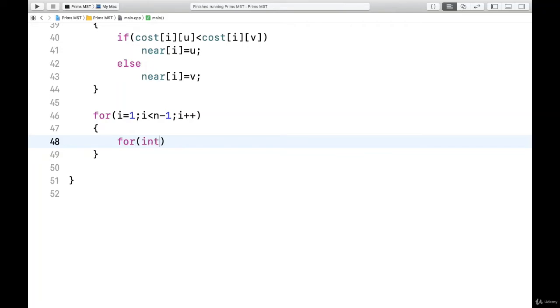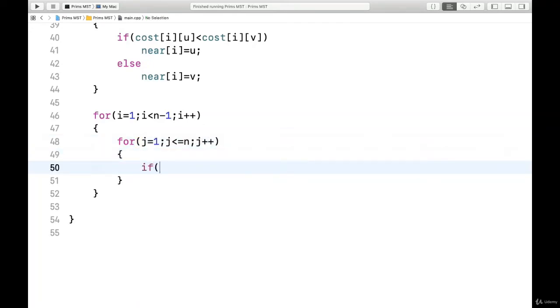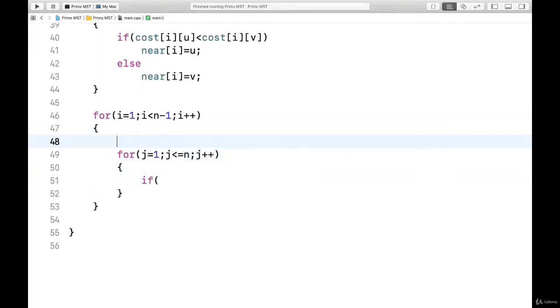So for that, I will take a loop starting with j assign 1 onwards, because we are using the near array from 1 onwards, so j less than or equal to n and j plus plus. What we have to do here is find out which one is minimum. Remember, before writing the condition, I should have minimum already initialized to infinity, that is, the largest value. So initialize minimum to I, then check here if cost of j comma near of j,